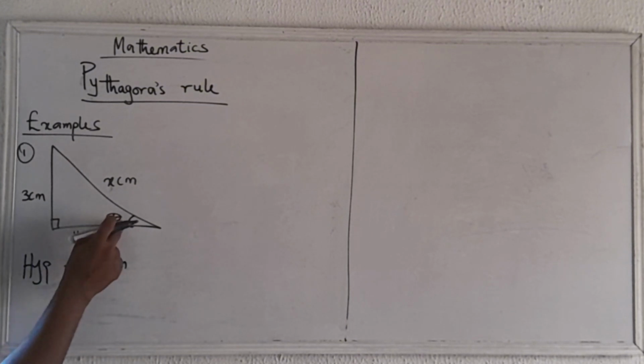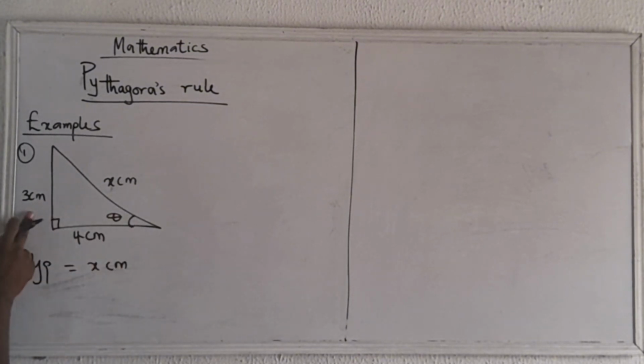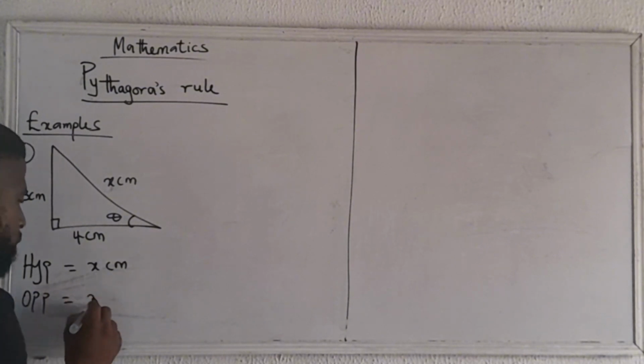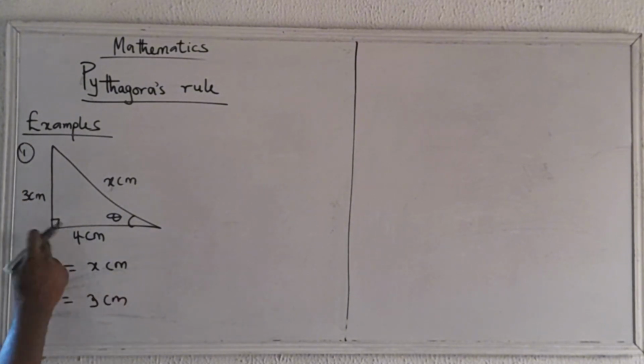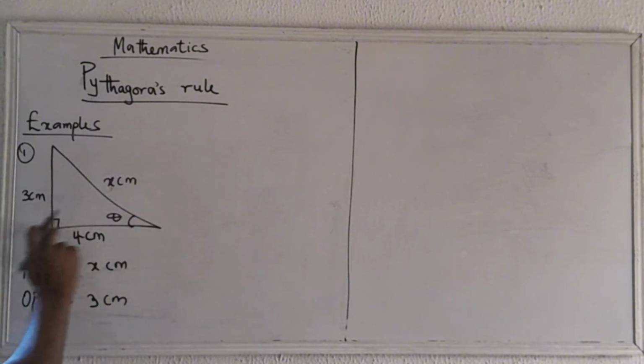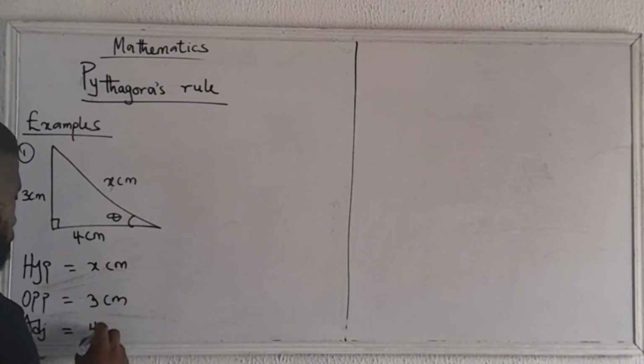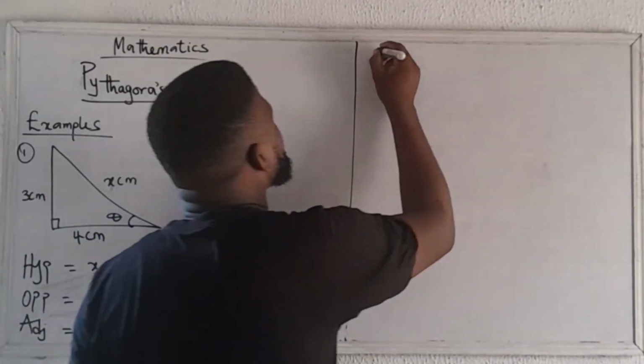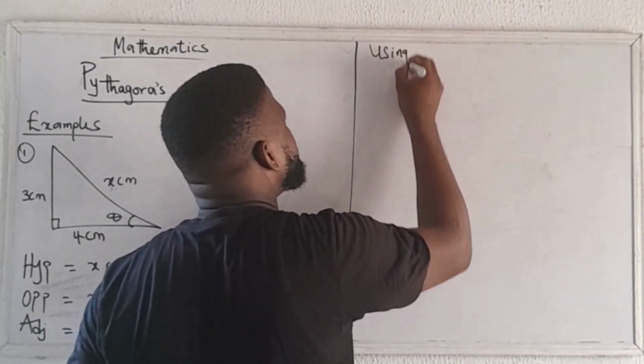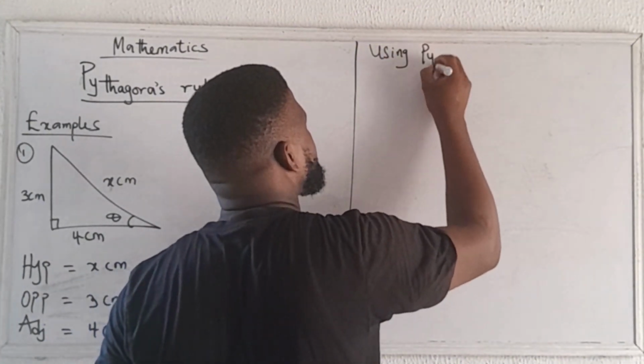Then this is the angle, and the side facing the angle is the opposite, which is 3 centimeter. This side, which is on the same straight line as the right angle, is the adjacent, which is 4 centimeter. Now, using Pythagoras theorem,